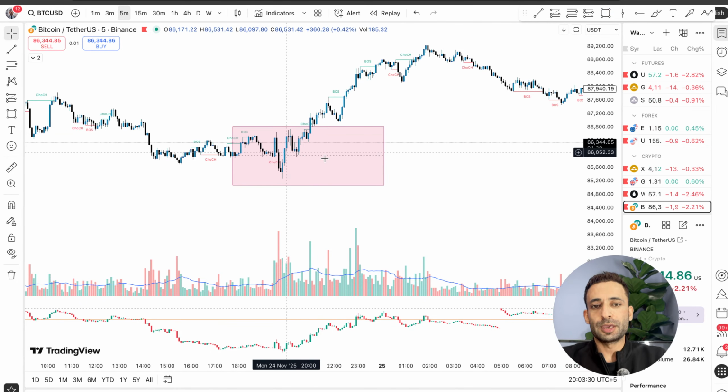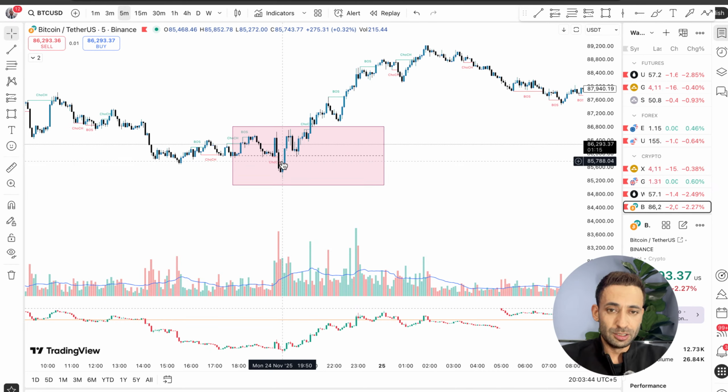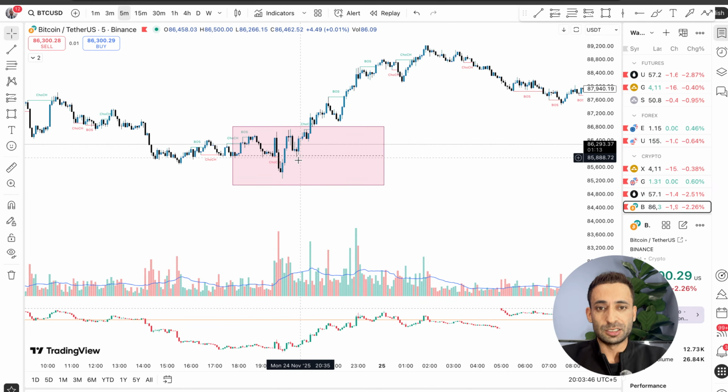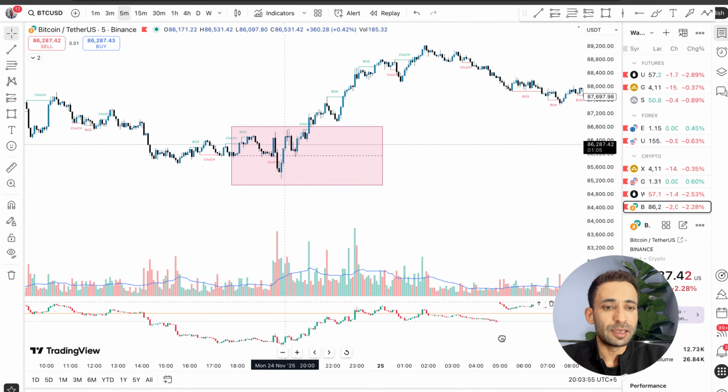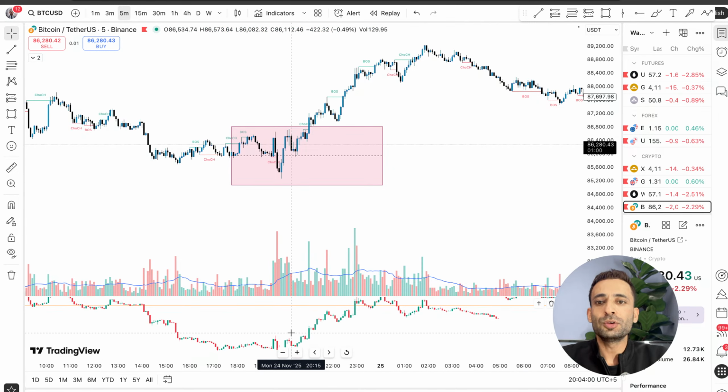I marked this, okay? Now you might think, will it be a valid breakup structure or not? For this one, there is the supply zone here, demand zone here. You can see there is a demand zone, the market retraces, touches the demand zone, and then it moved above that. And then here is the breakup structure. This indicator clearly gives it to you. Here you see, I can even draw here. I'm going to use this line.